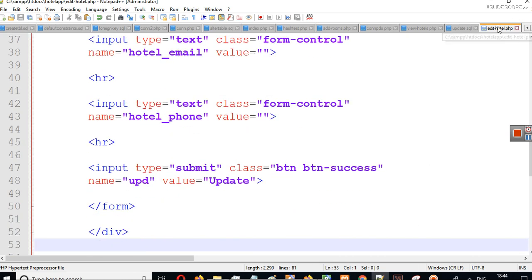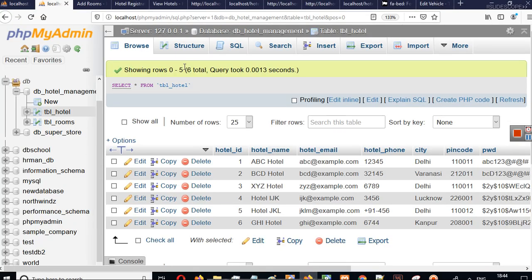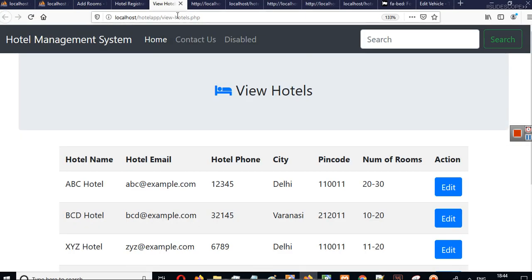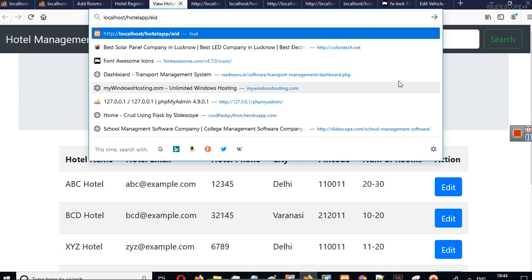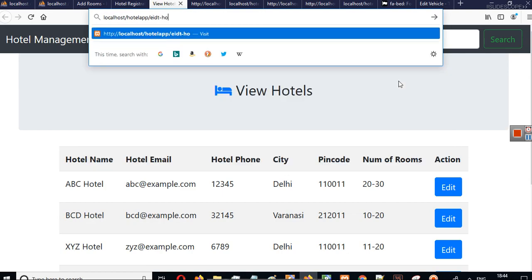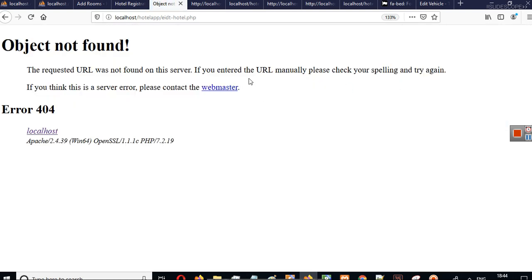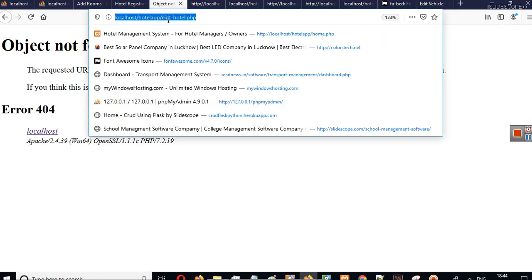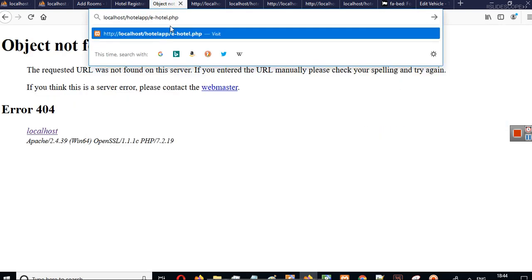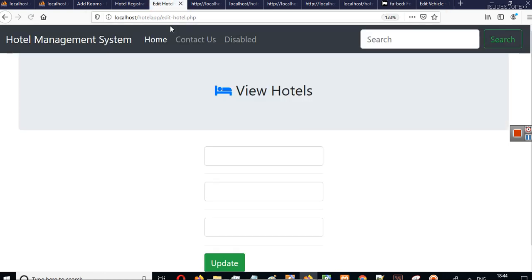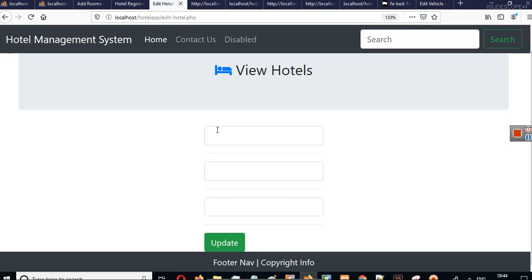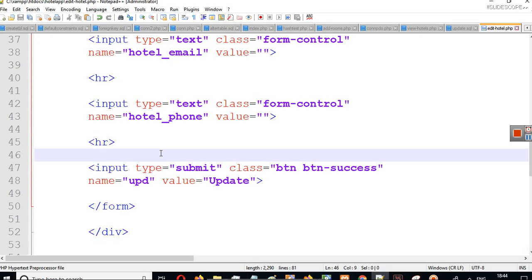So we can go to edit hotel.php directly and see how this form looks. Okay, we have to write the correct spelling here. Edit hotel.php. Now you can see we have a form here. Values will be filled here. So let's create some labels also.